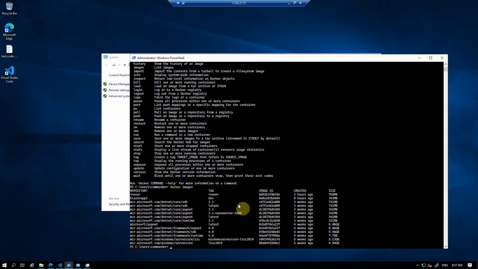I do not have the Nano Server here because of one initial consideration, as I mentioned: the base image should correspond to the version of the server that you're using. I'm using the 2019 version. You might be using 1809 or 1803. As I said, the base image has to correspond to that. So for me, I have to use Server Core, but you could be using whichever corresponds to your particular server. So here I have these images,